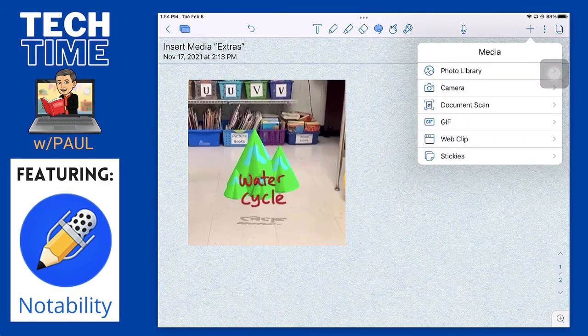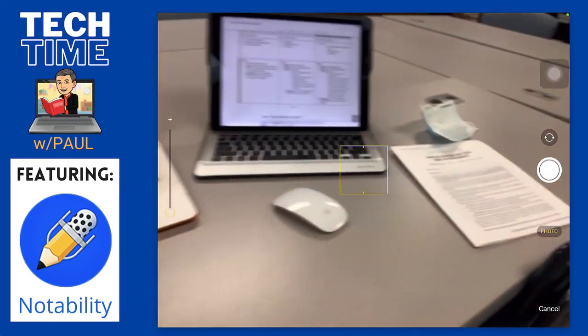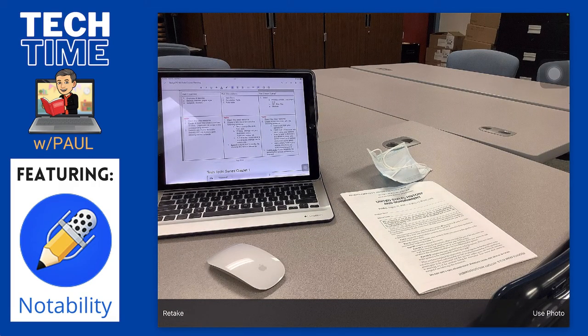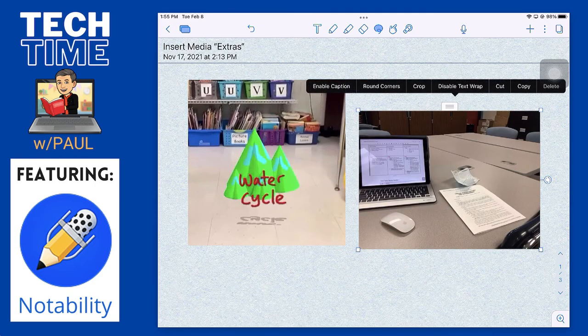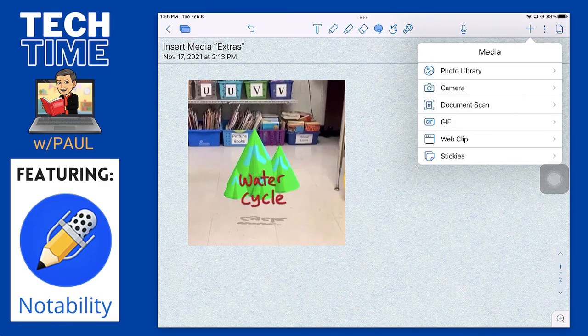I can go back to the camera itself. So you could take a picture right in the room that you're working in. I happen to be at the teacher center using a couple of different screens. And if there's a mask, I could take a picture of some work that I have, and if that's what I want to use, I would click use the photo. If it's not what I wanted, I can obviously do it again. So using the camera is exactly how you would expect, especially with the iPad, just taking a picture using your screen and your front-facing camera. And you could reverse your cameras, of course, too. But I'm just going to delete this for now